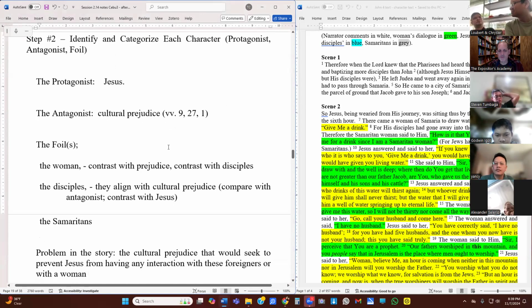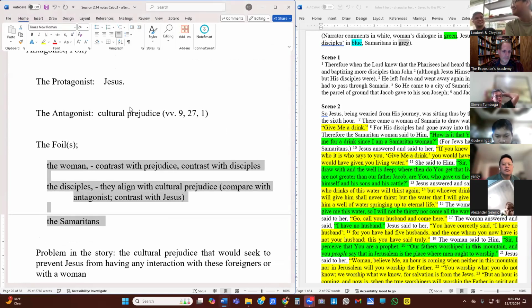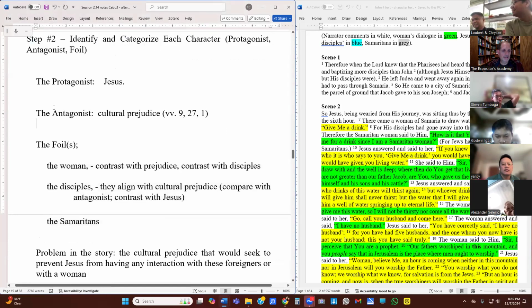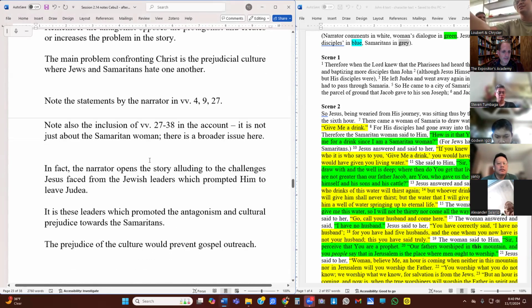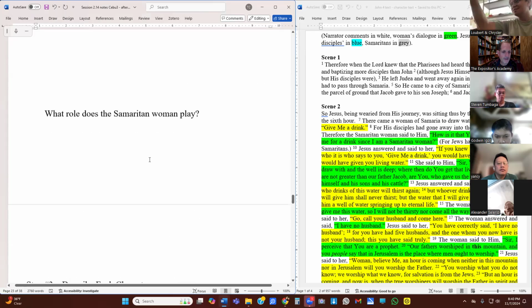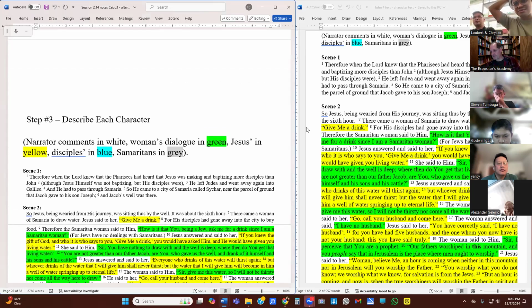All right, so this story is a little more sophisticated in terms of identifying these key characters, but at least the antagonists and the foils. I think the protagonist is pretty straightforward. Okay, so after identifying the key characters, the next thing we want to do is describe each character. And for this, what I typically do, I did this for the Genesis example, is I